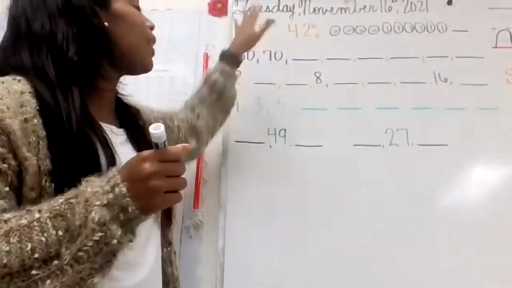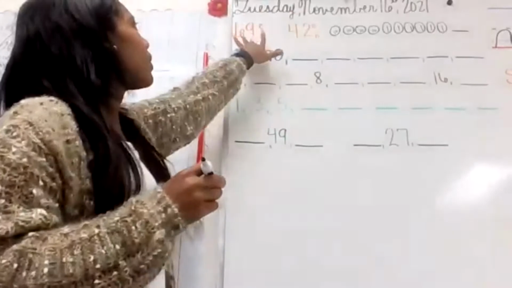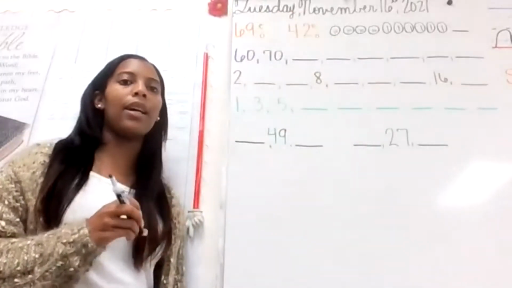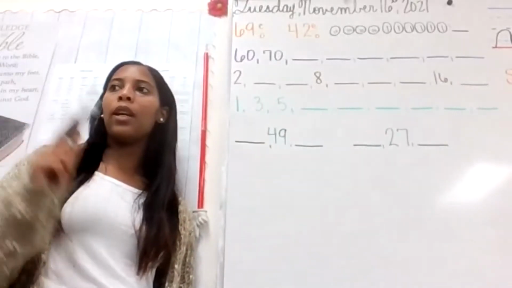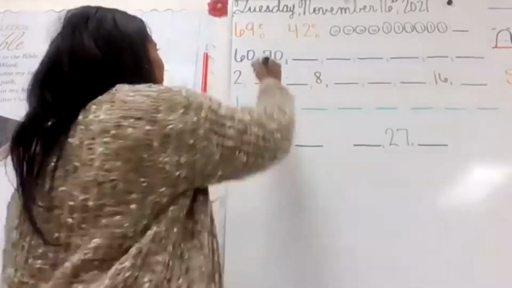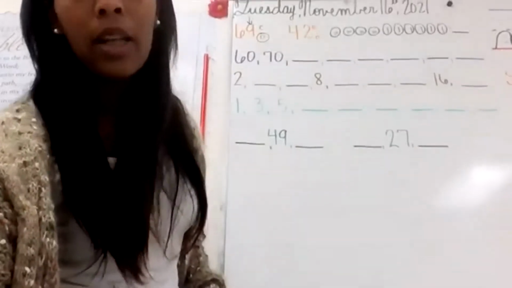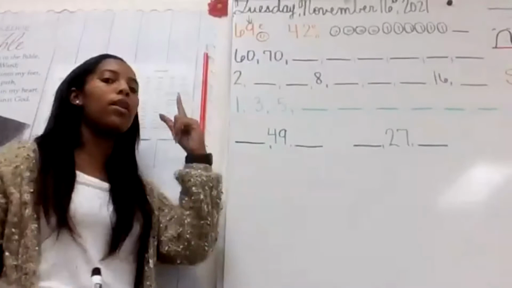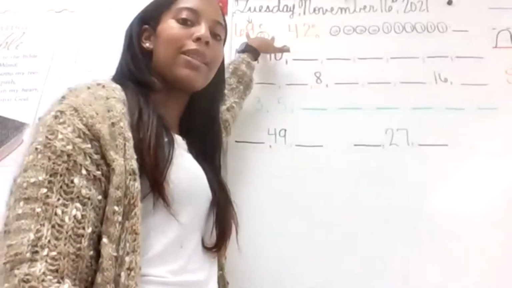So look at 69, paying attention only to the back number. Will that be even or odd? 69 is odd. 9 is an odd number. The even numbers are 0, 2, 4, 6, 8. Odd numbers are 1, 3, 5, 7, 9. 9 is odd. Yes, 6 is even, but we only look at the back number, which is that 9,